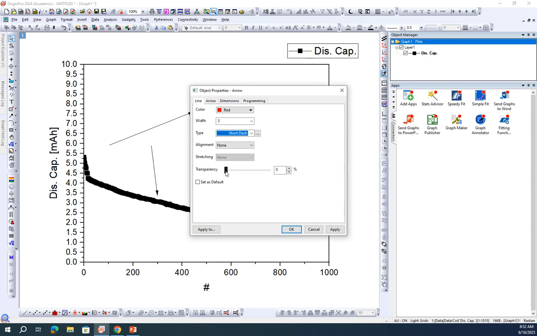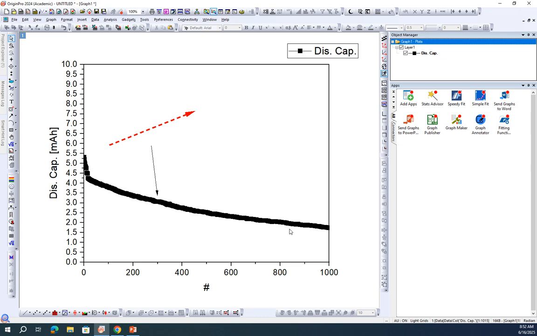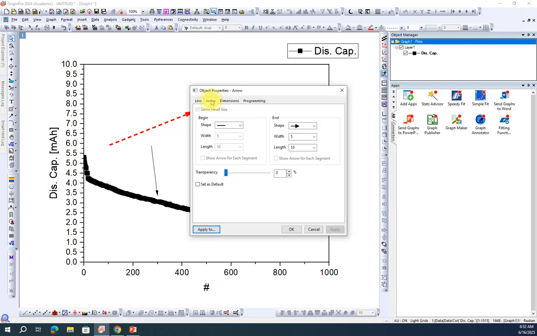And here is transparency. You can set it according to your requirement. Let's see how these changes affect how it looks. Yeah, so it's red with dash lines and thick. Let's choose other properties. Other properties are about the arrow. So the beginning should be line shape. We can also choose, let's choose this shape,